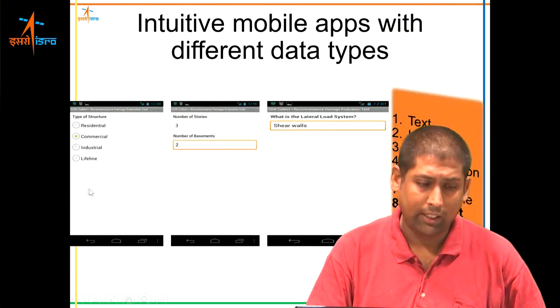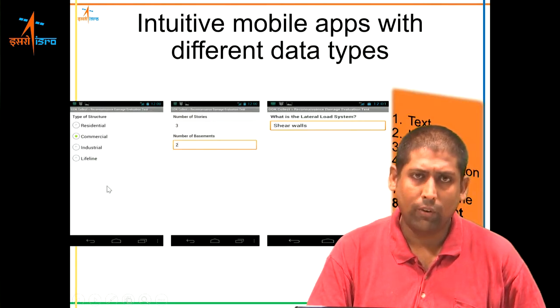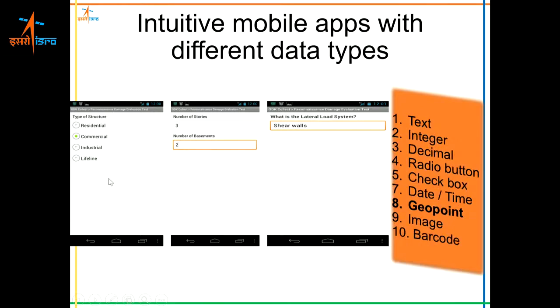Now this is a simple example of how it looks on a mobile. So let's say you want to collect some data about damages to a building. These are just like a mobile interface. You just swipe left and new pages keep occurring. So let's say the first page is this. You enter a value and then you swipe left, and then you get another page. You enter the details, you swipe left, and so on.